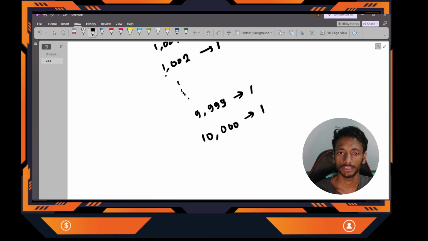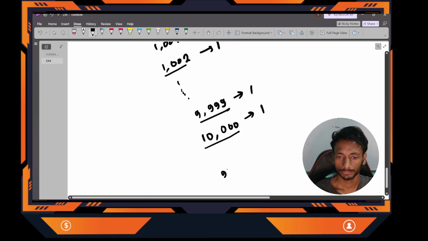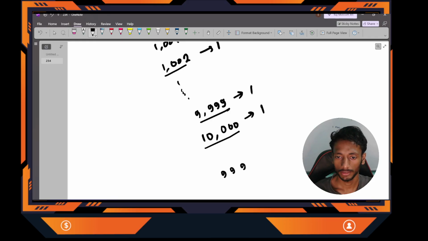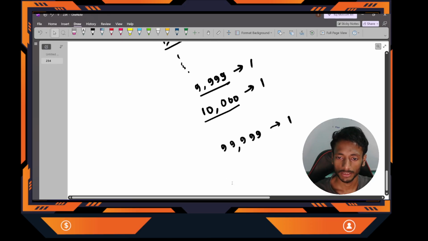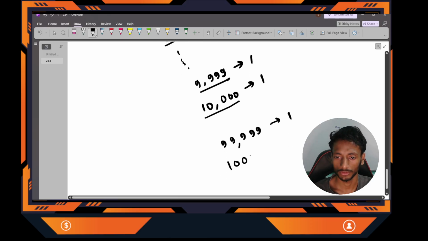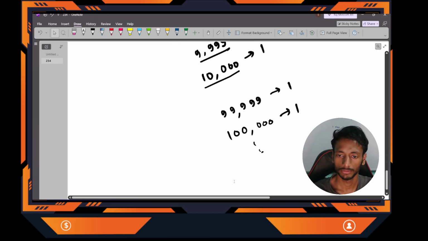You can see that here we have 4 digits, here also 4 digits, now it is 5 digits, okay. Now I will go up to 9999. Here also we have only 1 comma, correct. Now if I change the next digit, 10000, still it is 1. Next if I go up to again 99, still I have only 1 comma. But if I go to the next higher number,